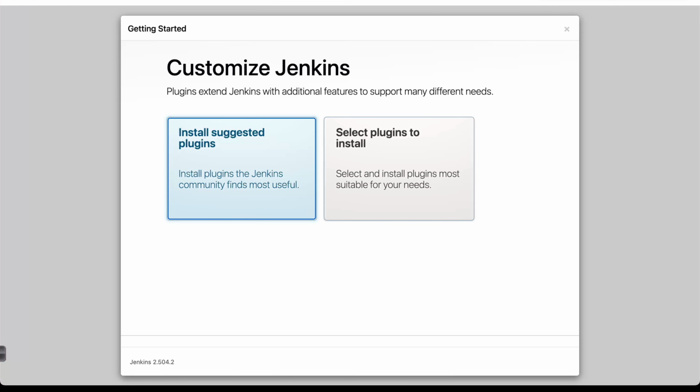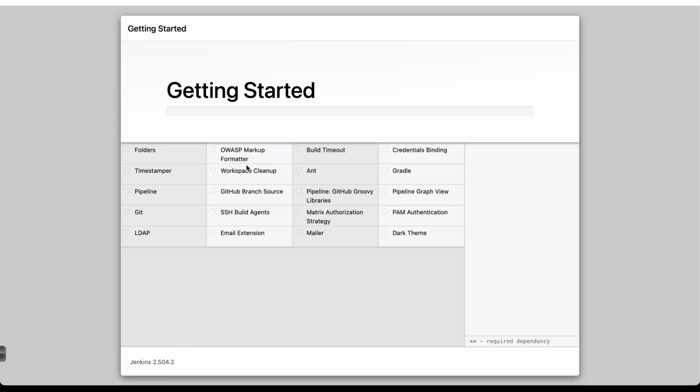All right, we are set, we are ready to start with Jenkins. First, it will ask you to install the suggested plugins, or you can select plugins on your own. I think you can just choose the suggested plugins for a quick setup. Let me go with this. By default, it is going to install a few plugins, and once it is done, we are ready to use Jenkins. We just need to create the admin user, and then Jenkins is ready to work. Let's wait a few seconds, or maybe one or two minutes, for it to install all these.